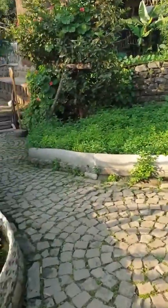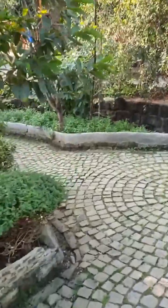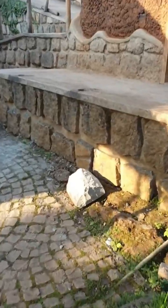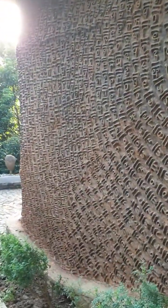And something else I learned is about these traditional buildings and how they're made and what they symbolize. So I'll quickly do a recap and apply some corrections after the tour. These letters and numbers are in Ge'ez, which is the alphabet for the languages in Ethiopia, at least some of the languages, not all. These patterns are a combination of Ge'ez letters and numbers, and I've just learned in Ge'ez there is no number 0,